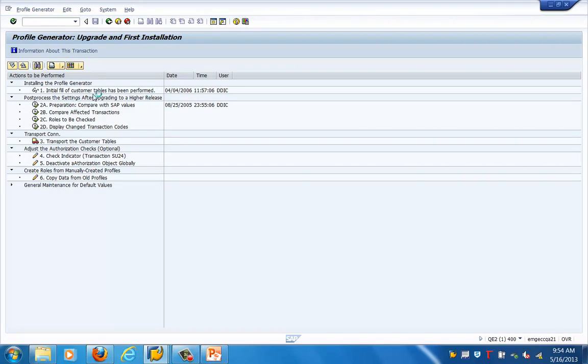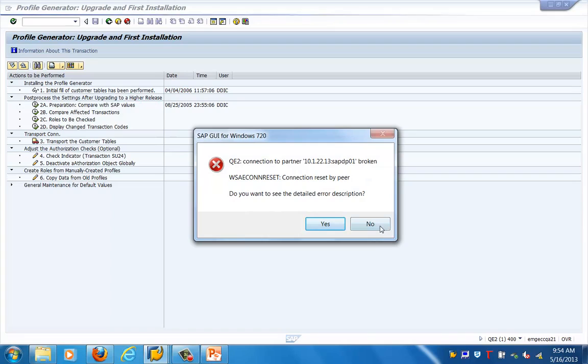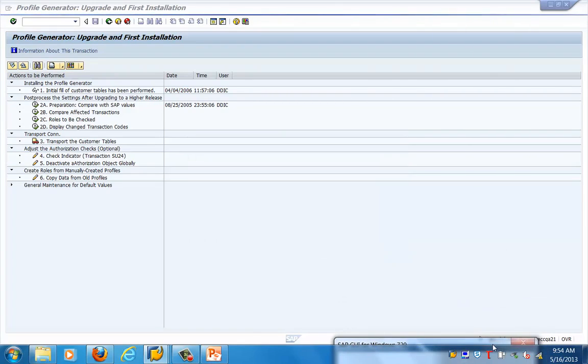Next, post process the settings after upgrade to a higher release. Here you can do the post processing to a higher release. Step 1 is preparation, that is compare with SAP values 2A, and 2B is compare affected transactions.